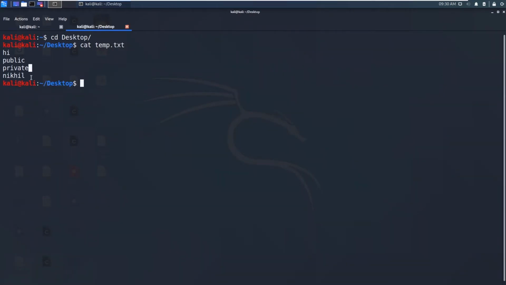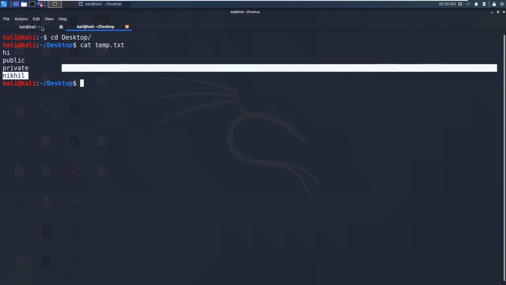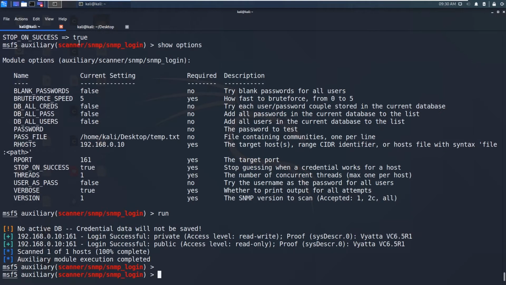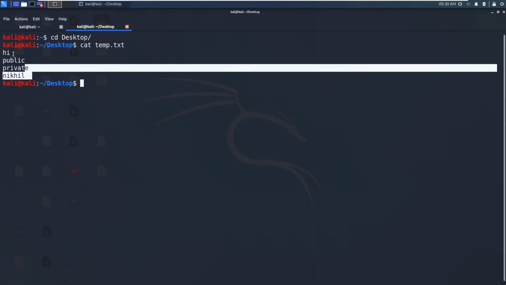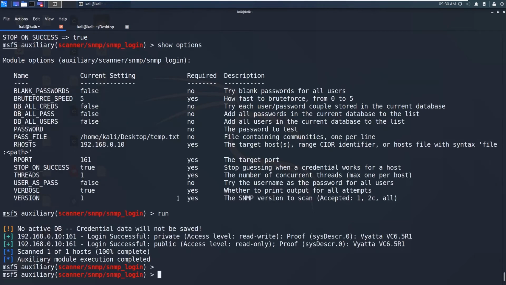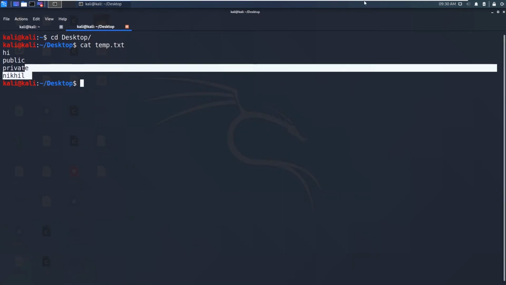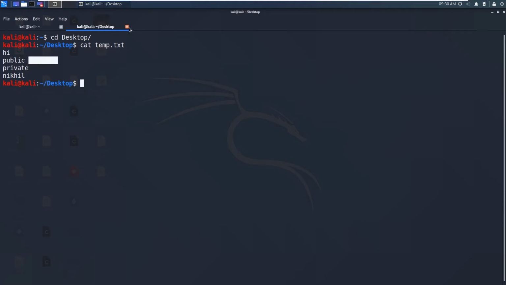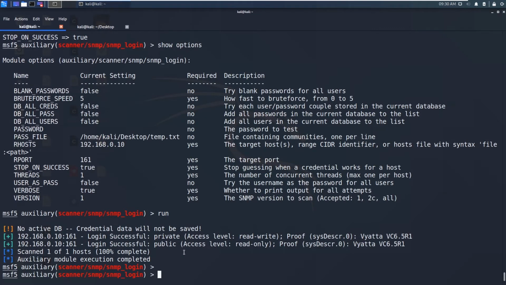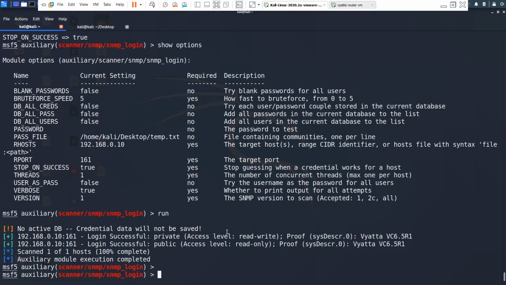I just showed you by keeping a short list to show that this module will try to brute force all the possible values in this wordlist. You can even change the public string to something else, put that word in this wordlist and give it to this module. So this is all about SNMP brute forcing. You can just try the normal or casual community strings with this SNMP login module.